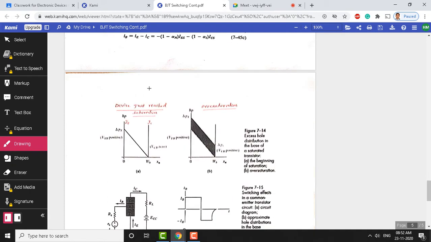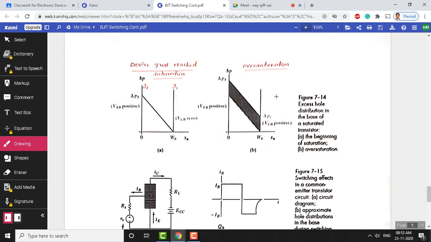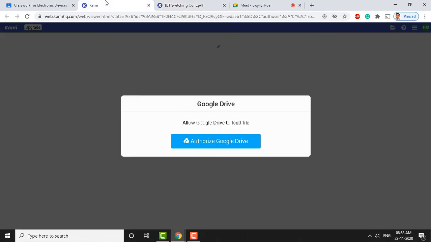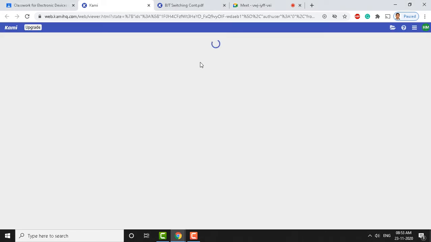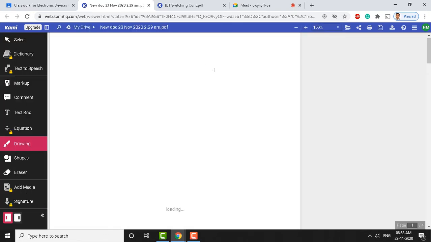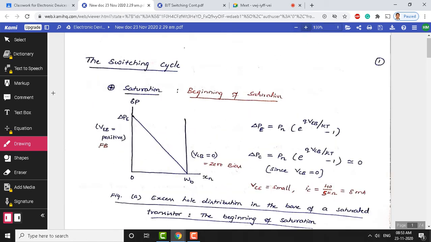Students, you need to pay attention here for timing related things. Otherwise, you may get confused, mess up or have difficulty understanding at a later stage. So pay attention to the various timing related things I am going to discuss today. And as I told you, it's the last class for this BJT switching. Next class onwards we will start with FETs.